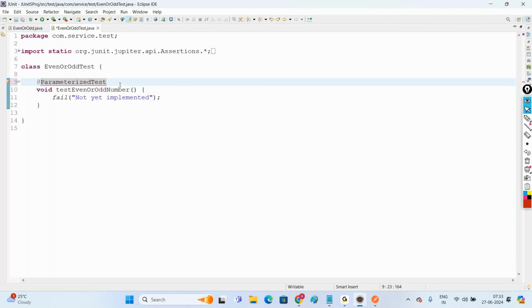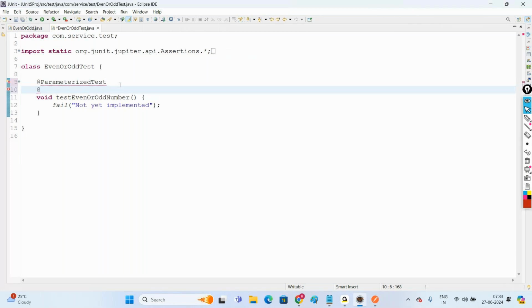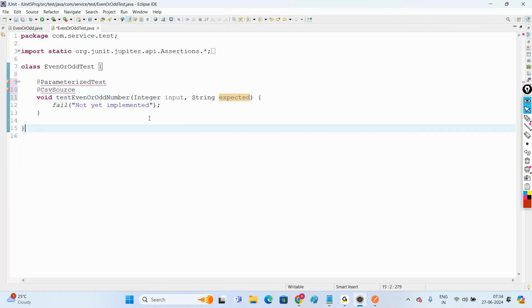Here I want to send the data for multiple comma separated values, so we use the annotation @CsvSource. So to this method, let us go with two arguments: integer input, then string expected. If my input is even, the expected string should be even. If my input is an odd number, then my expected should be odd. So two arguments I'm taking. So comma separated values we have to use here. So how to use @CsvSource, value equal to